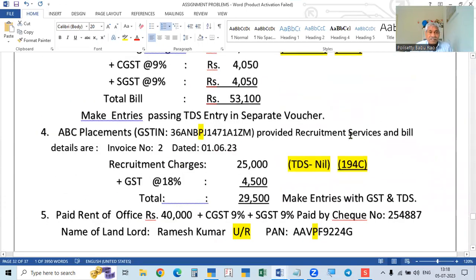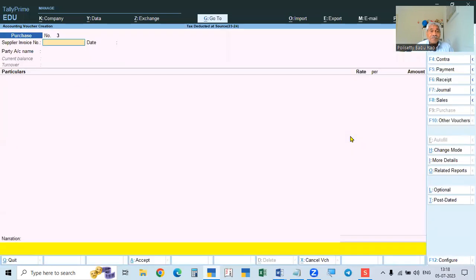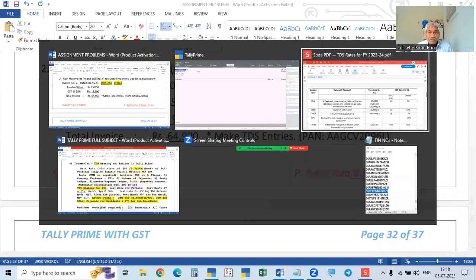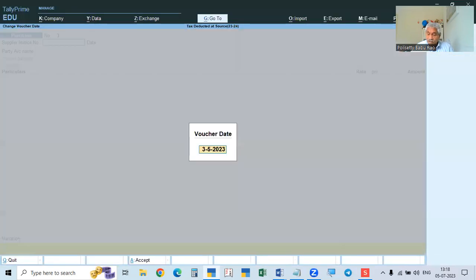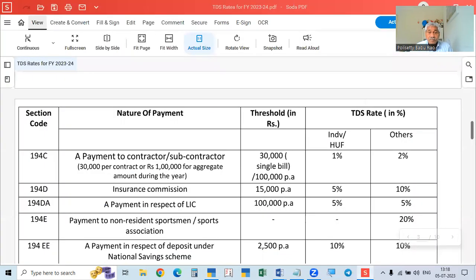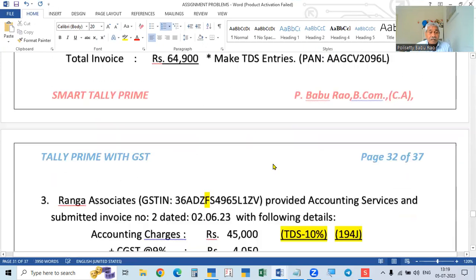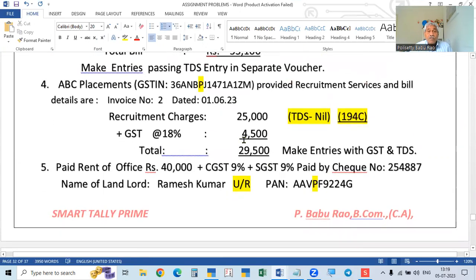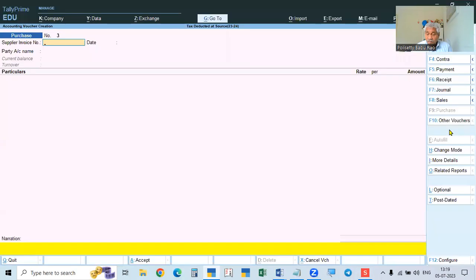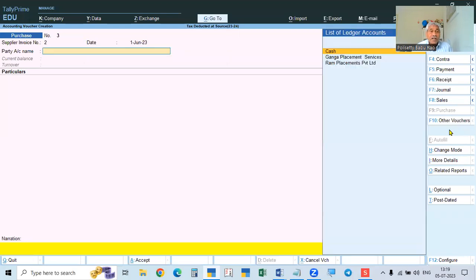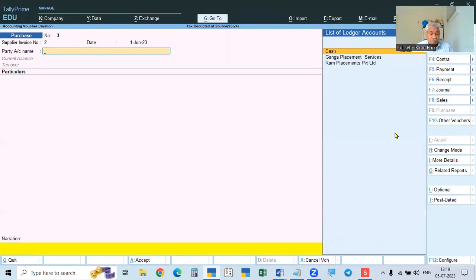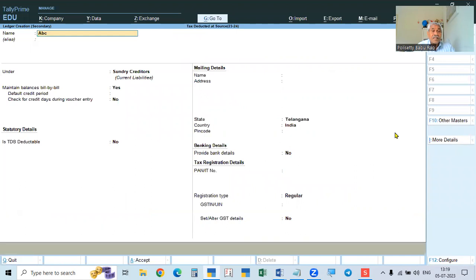This is the same type, same thing. So here, again, go to the voucher, and the date is second, number second, 16. The third one we will take up later. Okay. Bill number is 2. Now here, what is the name? The name of the person is ABC Placements. So here, ABC Placements is not there. So ABC